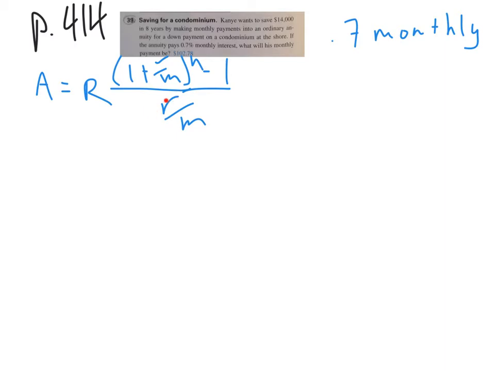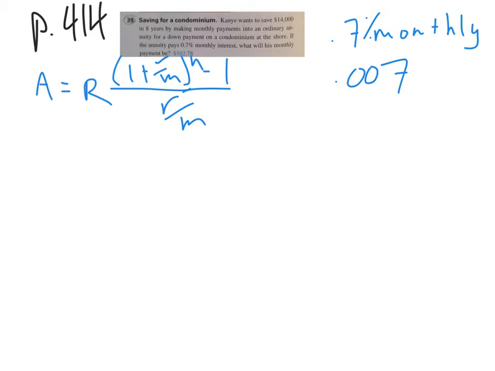Well, if you take something that's yearly and divide it by 12, you make it monthly. So the trick here is that since they're already giving us monthly interest, it's already been divided by 12. So you actually don't want to plug in 0.7 or 0.007 over 12. This is a percent, so it should be 0.007 as a decimal. That is a monthly interest rate, so it's already been divided by 12. So in the formula, we can actually just use 0.007. That's a weird detail you have to pay attention to when they give you